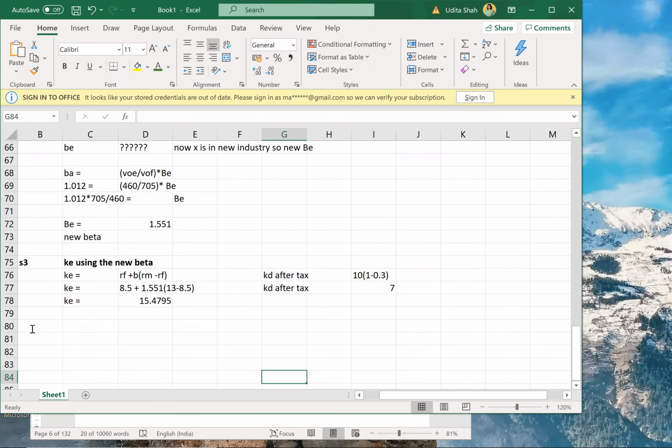Okay. Now I have got everything now. So now step 4 will be what? Step 4 will be my WACC. Source, amount, weight, cost, and weighted cost. But source, I know there are only 2 sources now. One is my equity, correct? And one is my debt. Okay. Now WACC, which company is WACC I am calculating? Of XPLC, huh? Because my company is XPLC. So WACC also I am calculating for XPLC.